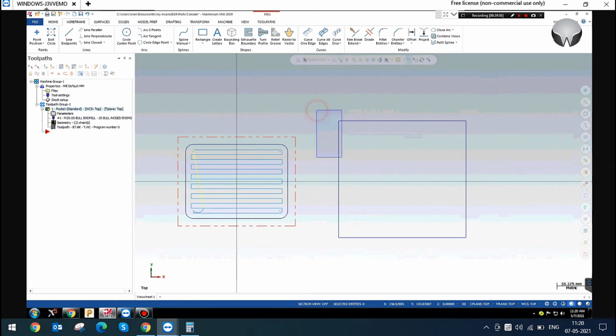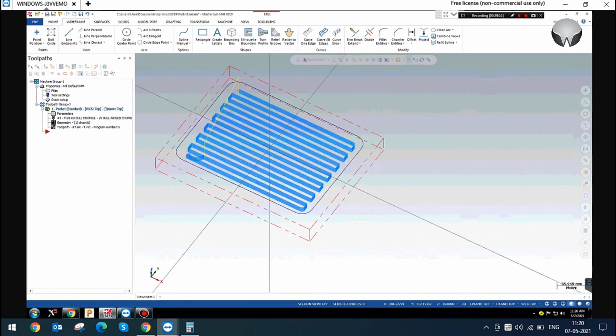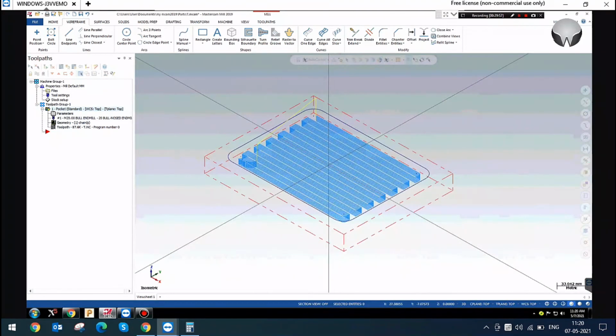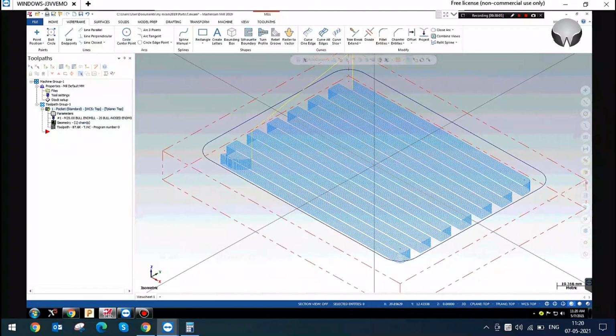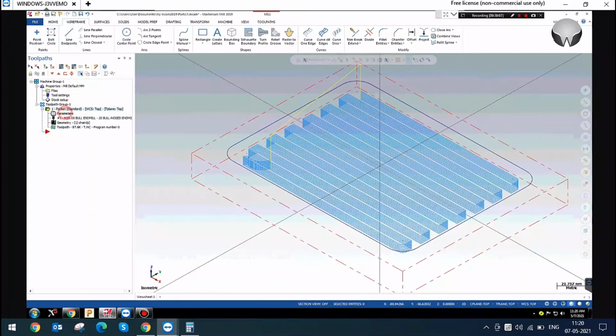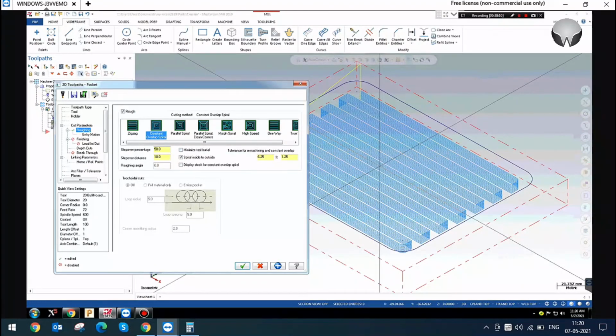In this case, if you use a face mill, you can use the zigzag method to remove the extra material from the face of the cavity. Unless there is depth in the cavity, you don't use this. You can simply use this option.